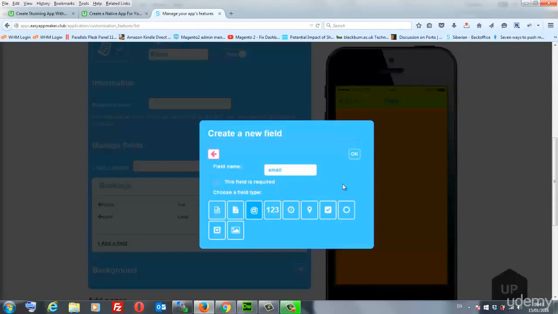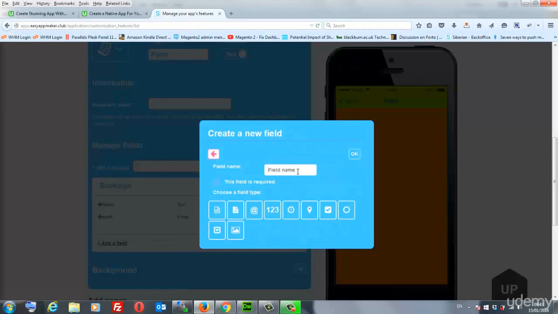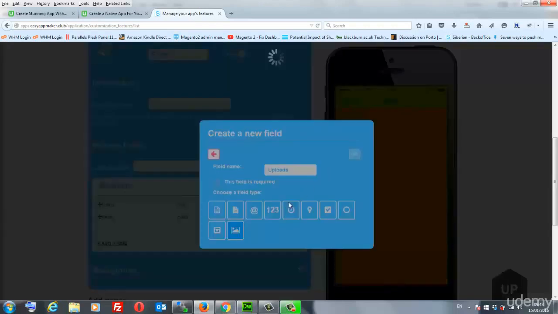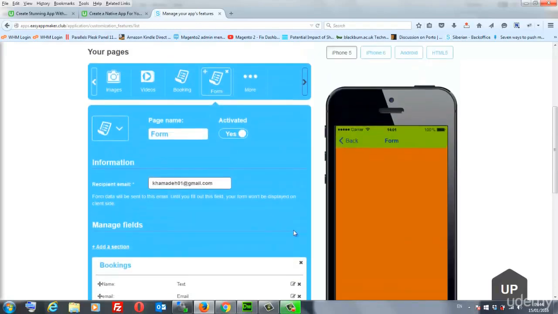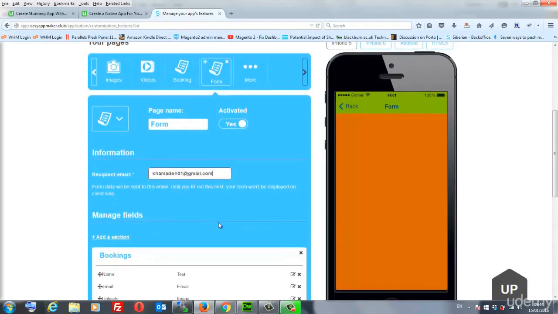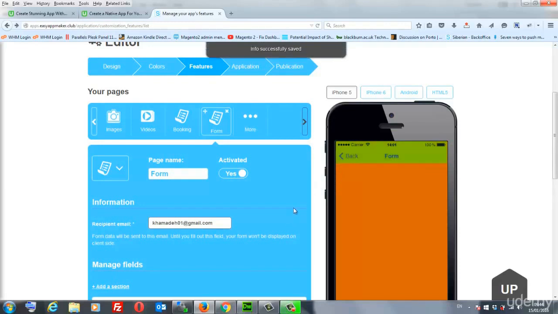So click email, OK, and then add another field, and we can call it, for example, uploads, and then you can go to the images, so people can upload an image if you want, and OK, and that's it really. So the recipient email, which is the email it's going to be sent to, is khaled01@gmail.com, that's going to go to me. Okay, so once I'm done, the form will be instantly active for you. So if you click the back button,